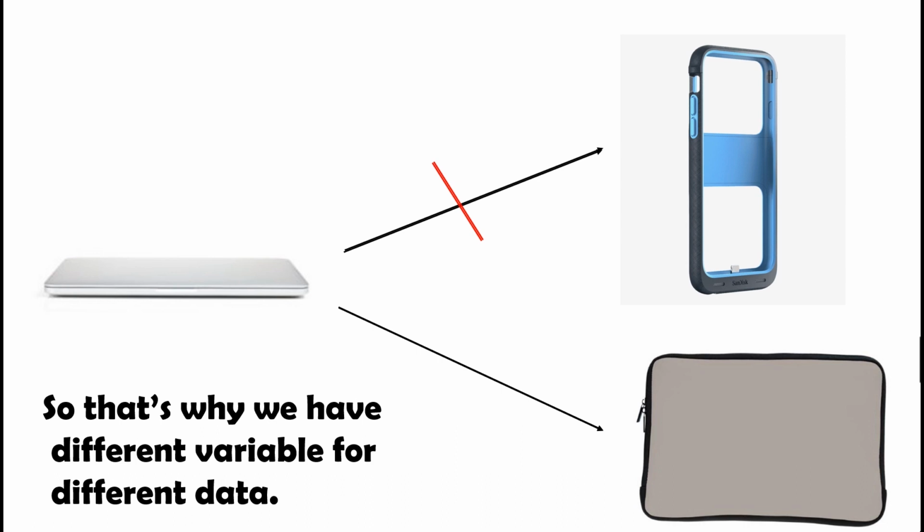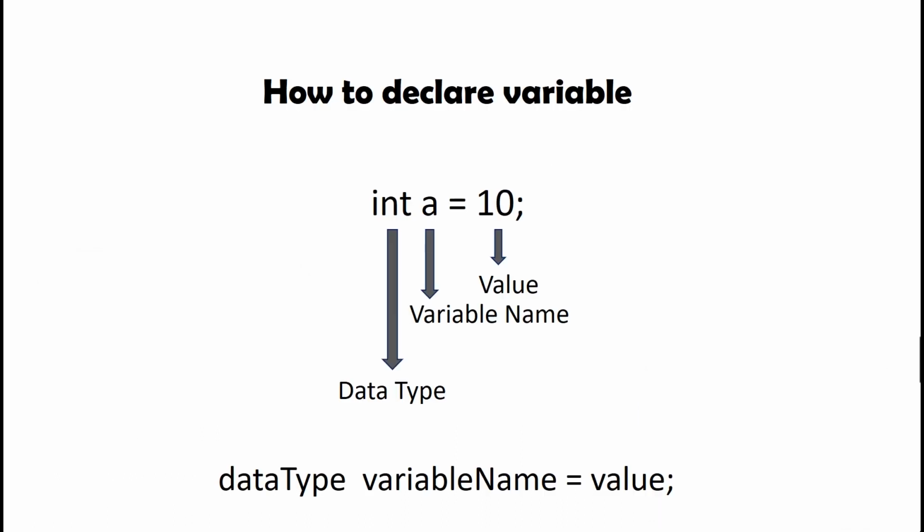So the next question that arises is how to declare a variable. Declaration of a variable in Java is pretty similar to C and C++. First we have to define the data type, after this define the variable name, and after this assign the value. It's simple, like in this example where I use integer. You can use float and give any variable name and store a relevant value in it, and don't try to store a point value in the integer.